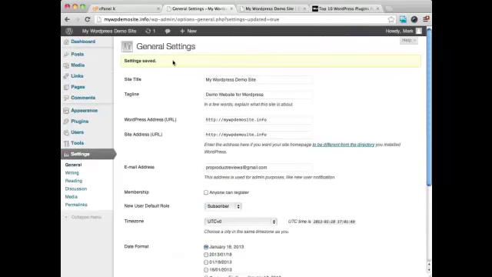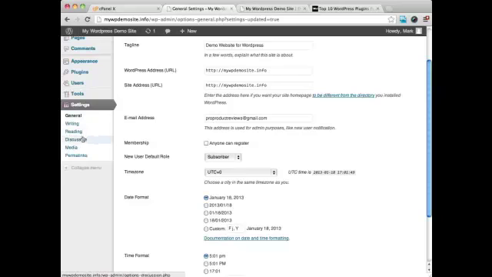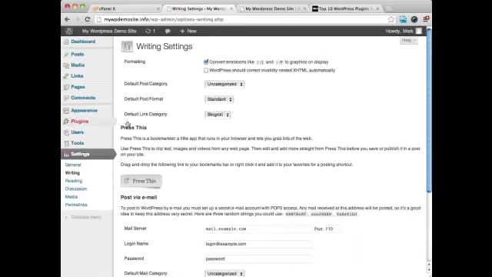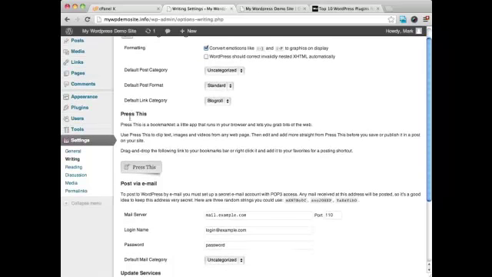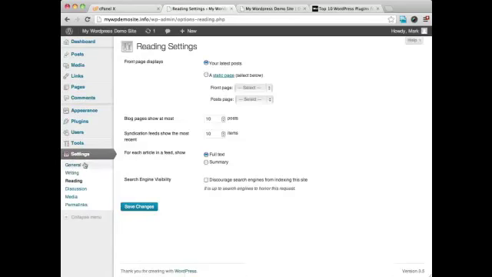Okay, and you'll see up top, it's going to tell you that the settings have been saved. Now, the next one that we can click on is Writing. There really isn't too much to do here. Most of the time I will leave this exactly how it is. And then the Reading, for now we're going to leave this the same, but this does give you the opportunity,